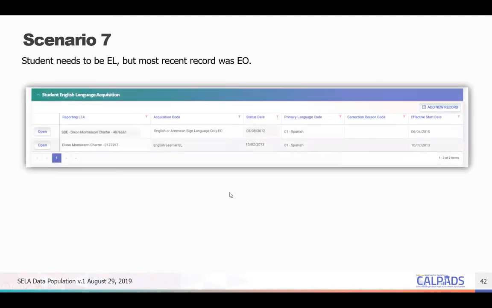In this case, the student needs to be EL, but the most recent record was EO. If you'll notice, the LEAs are similar. You have here SBE Dixon Montessori Charter and Dixon Montessori Charter. Apparently, Dixon Montessori Charter was initially under the State Board of Education umbrella, and then after some time, they were able to get out of it and became an IRC. However, in CalPADS,